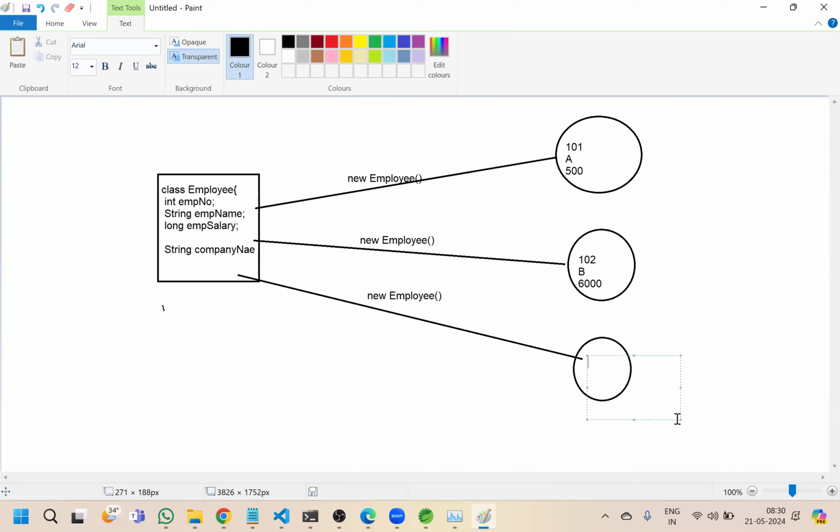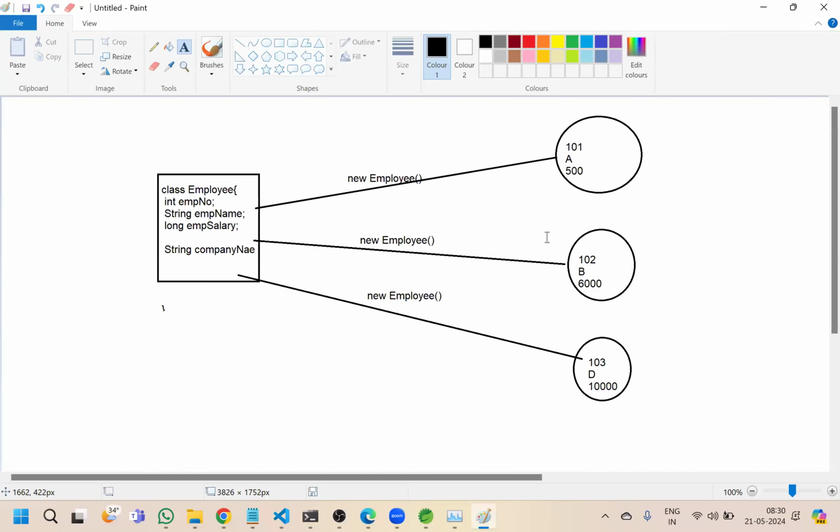Another employee 103, and name is D. I'm putting salary as 10,000. So you have to first analyze while creating the class: if we have to create different information every time, then we have to take the variable as non-static type,